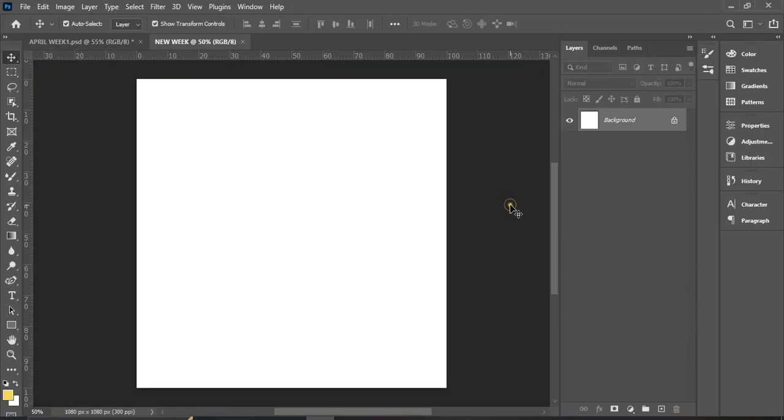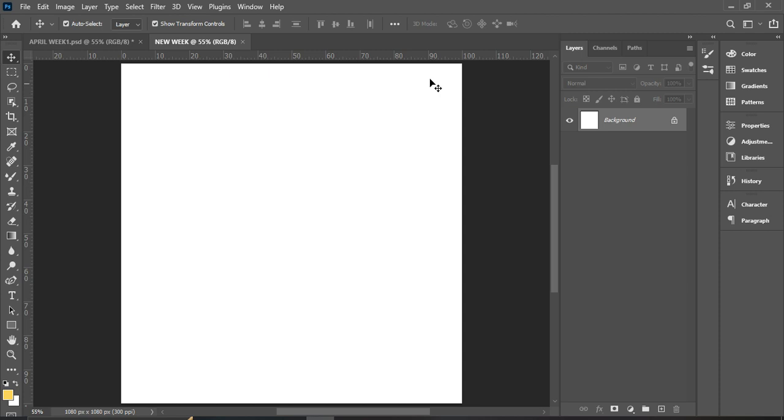Now when you create new, you are going to get something like this. I've already explained how to bring out your rulers. So first thing, let's introduce our rulers very nicely. Let's bring in the rulers. This one too, let's bring it here. Let's bring this one too as well. The next one,